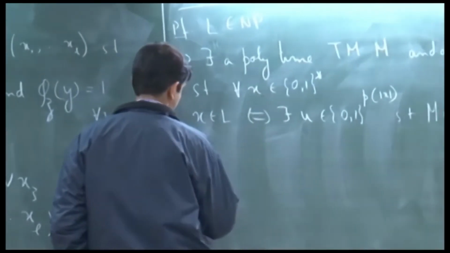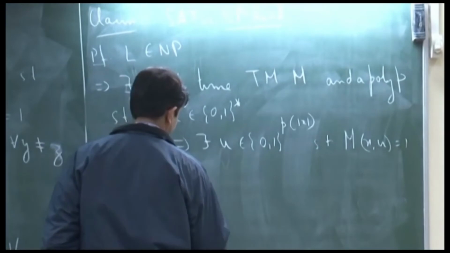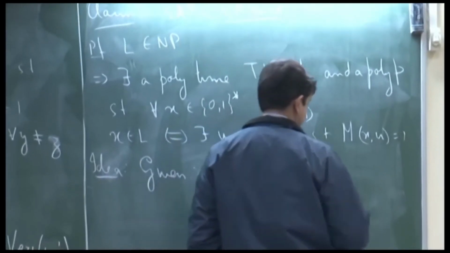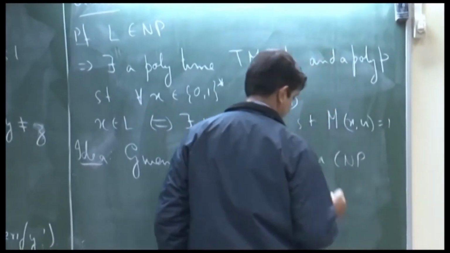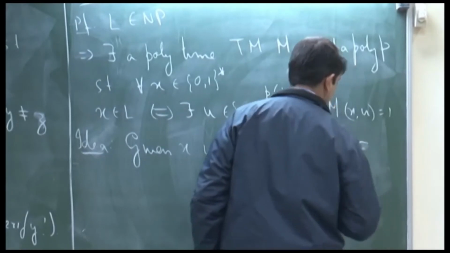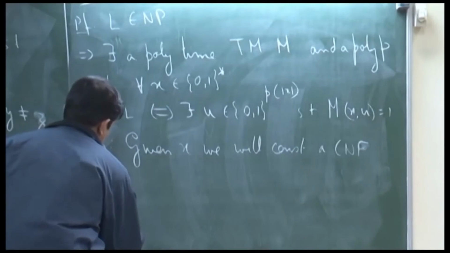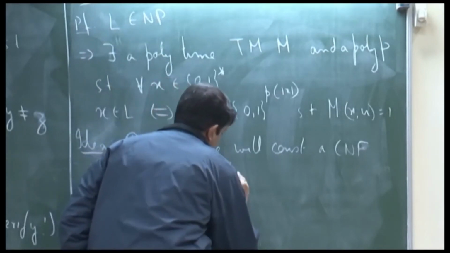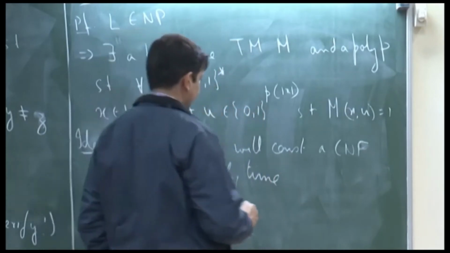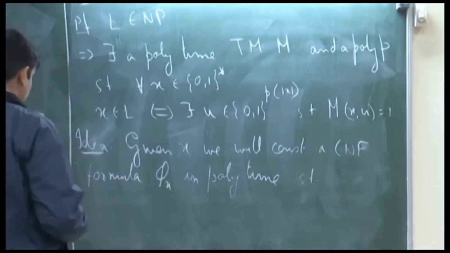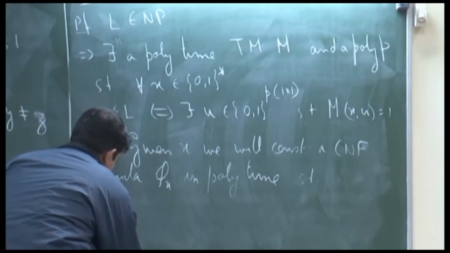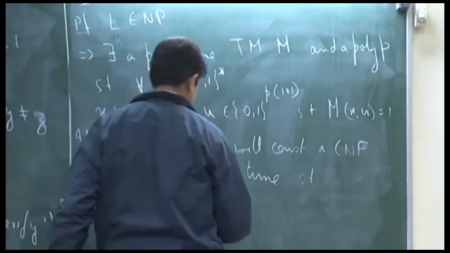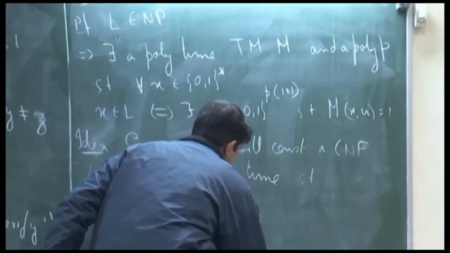So, the idea is, given x, we will construct a CNF formula phi of x in polynomial time such that phi of x is satisfiable if and only if the following happens. If and only if there exists u